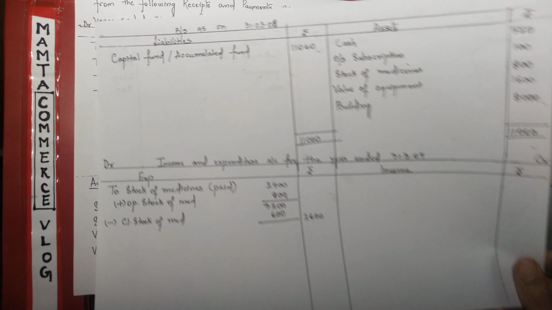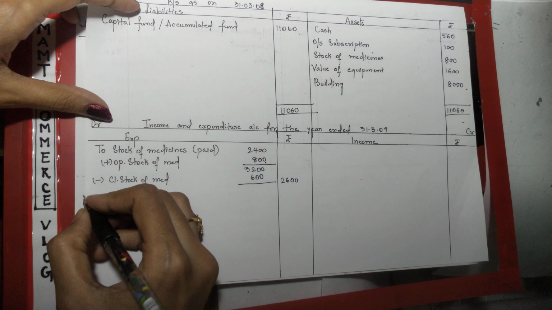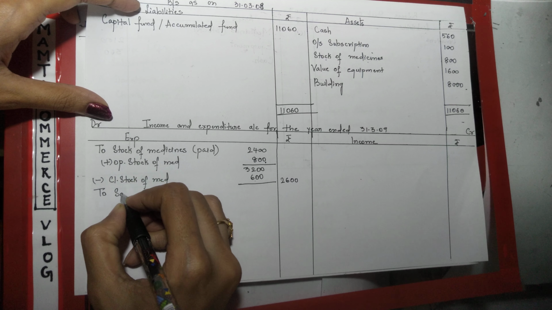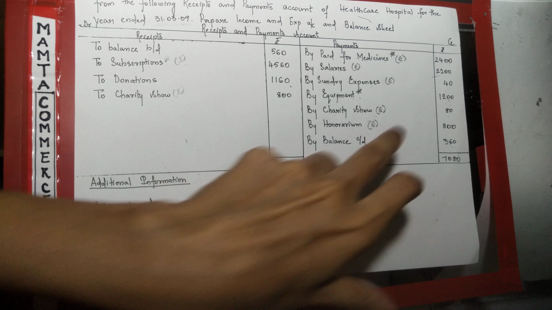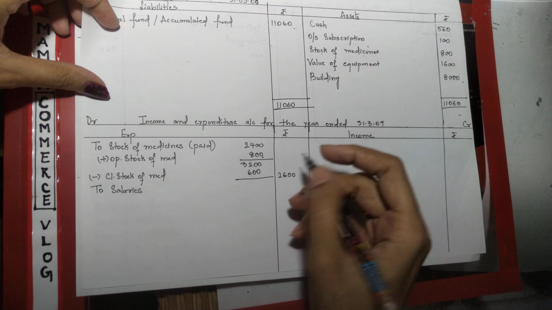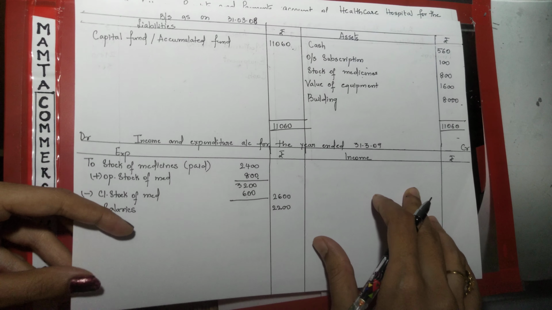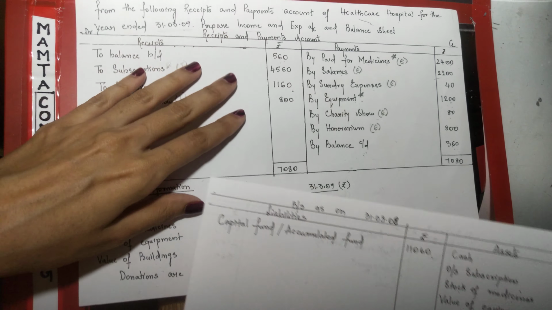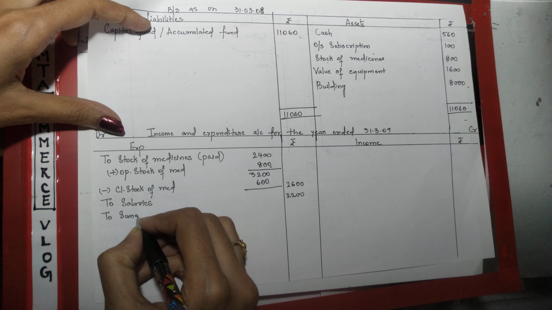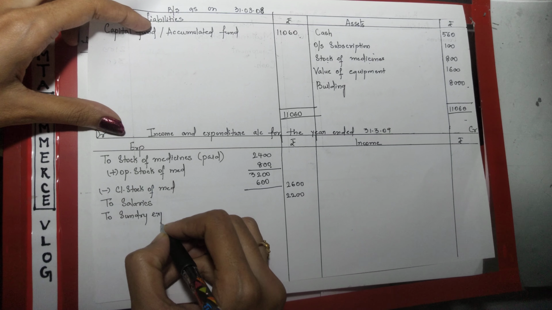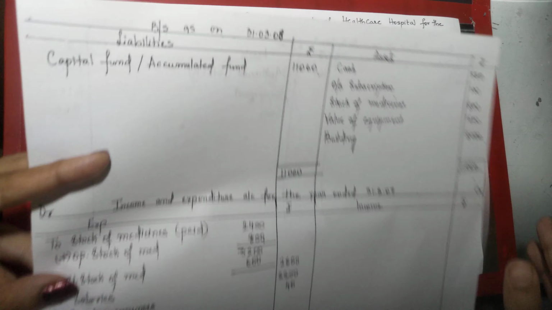Now let us see the next point. Next point is salary. There is no adjustment for this, so we will directly write to salaries. The amount of salary is 2,200, so here I will write 2,200. Next is sundry expenses 40. There is again no adjustment for sundry expenses, so I will directly write the amount of sundry expenses 40 rupees. Next